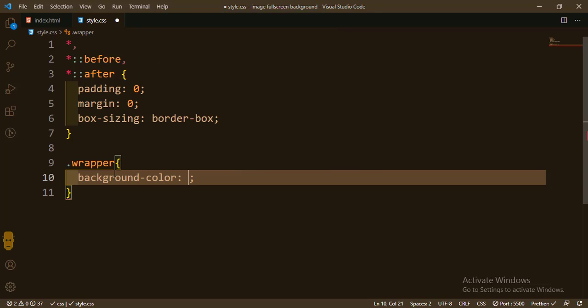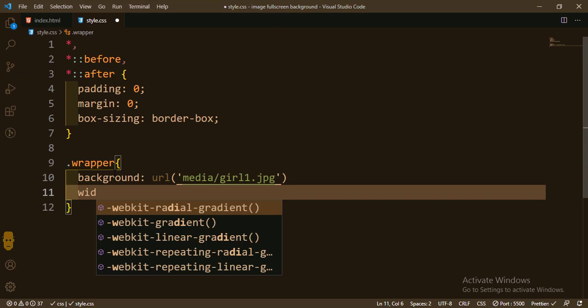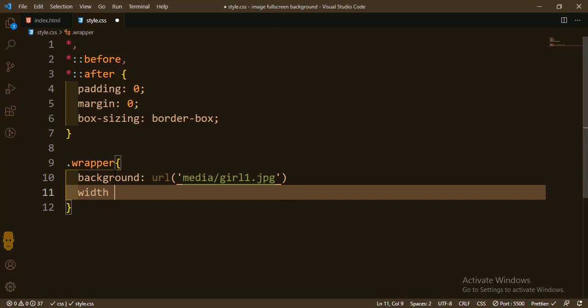So if I come here, what I'm going to do is the background, not background color. I'm going to target the background. I'll put URL. Okay, so I'm going to target media. So what I'm going to do now is I'm going to target the width. I'm going to put the width of 100